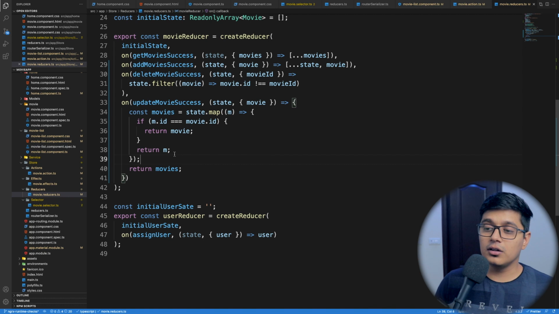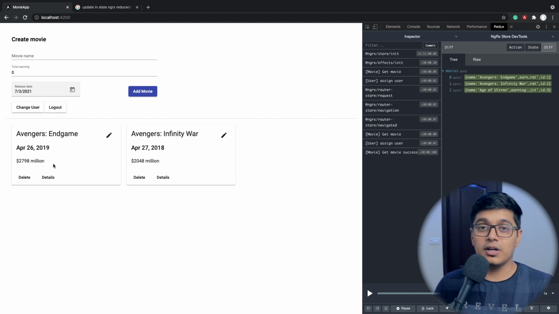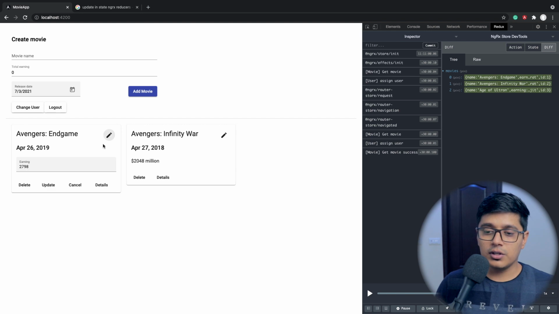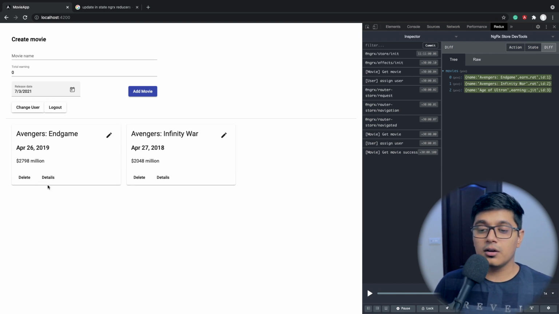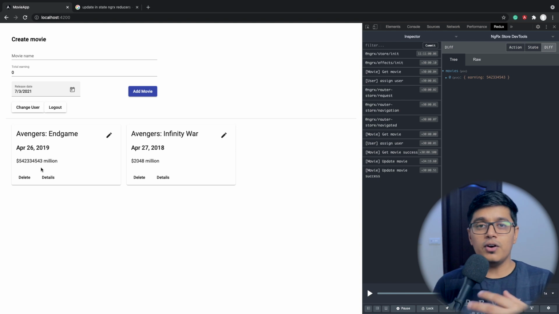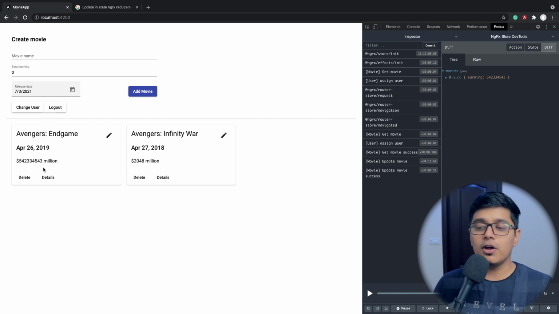Once it has updated the store, the selector will do its work. What I have done is once it has updated, I'm just removing that input field which we have taken just to update. So if I click here and update some value, you will notice that it will go back to the previous value, then it will update. So if I press update, as I'm using a separate variable just to maintain the immutability, it is going back to the previous value. Then once it has updated, the selector is emitting that value.